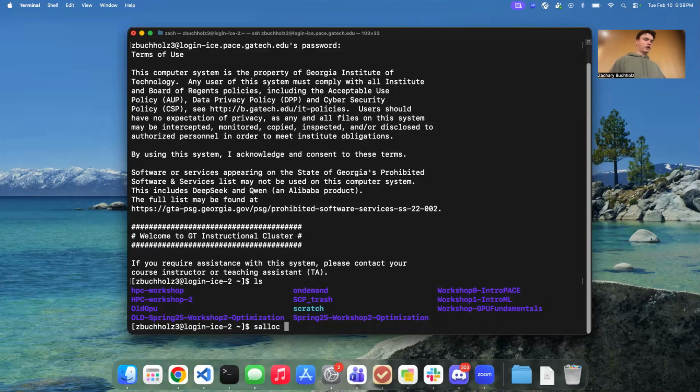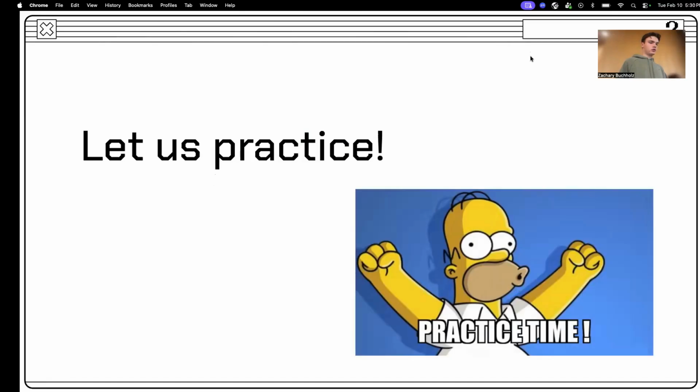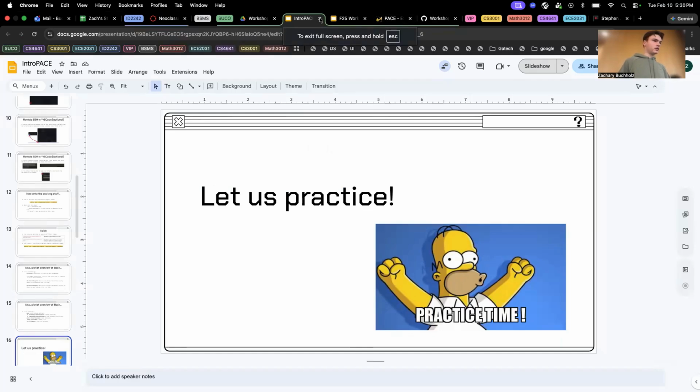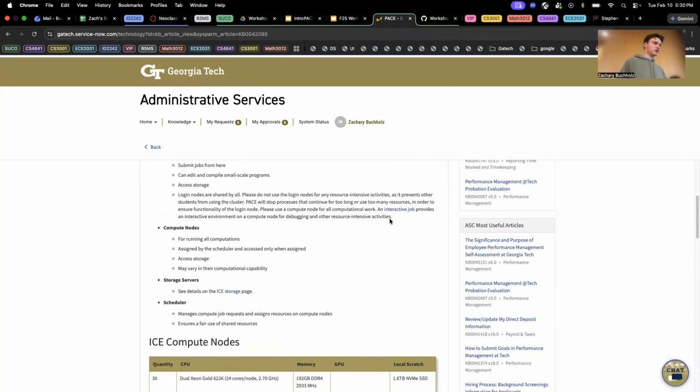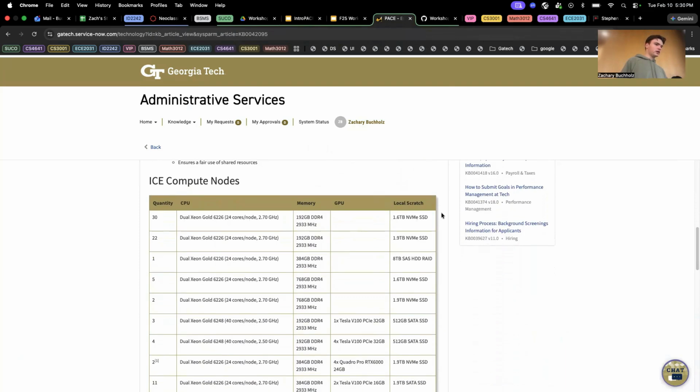Also, kind of an aside, but if you want to figure out what you can allocate, or what is actually available on your system, you can go to the ICE website. I think I have it here. Drag that down. There we go. So on the ICE website, they have a list of all of the resources. So the way you would read this